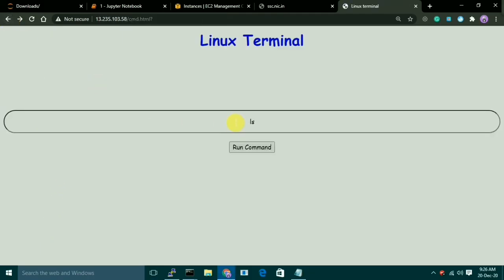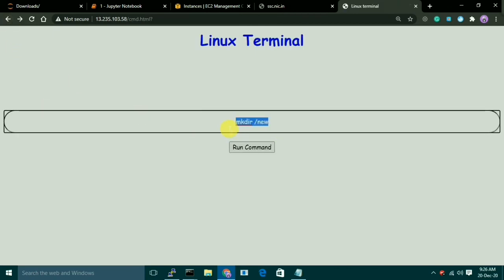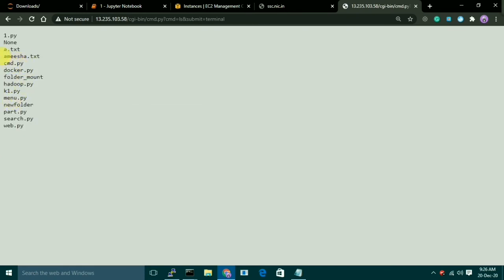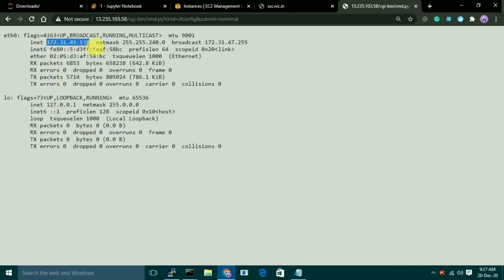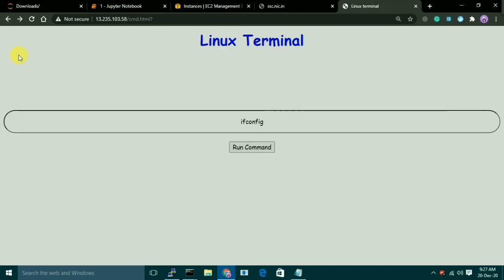We can go back, and we can do a couple more things. We can just create a new folder, and we have to show the path. This new folder will be created. Now just do ls one more time, and we can see that the new folder will be here somewhere. Yeah, here it is, new folder. Let's go back, and if you want to see the IP, then write the ifconfig command and just run it here. It will print the IP. This is the private IP of my server. This is all about our terminal. We can launch any type of thing here.